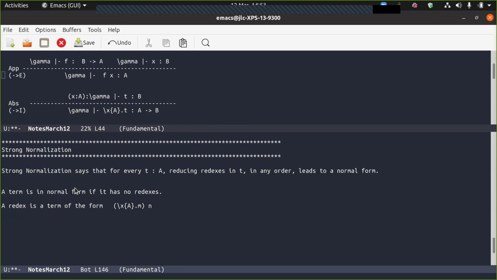But since there are programs, since there are untyped lambda terms that can, on some reduction path, loop forever,